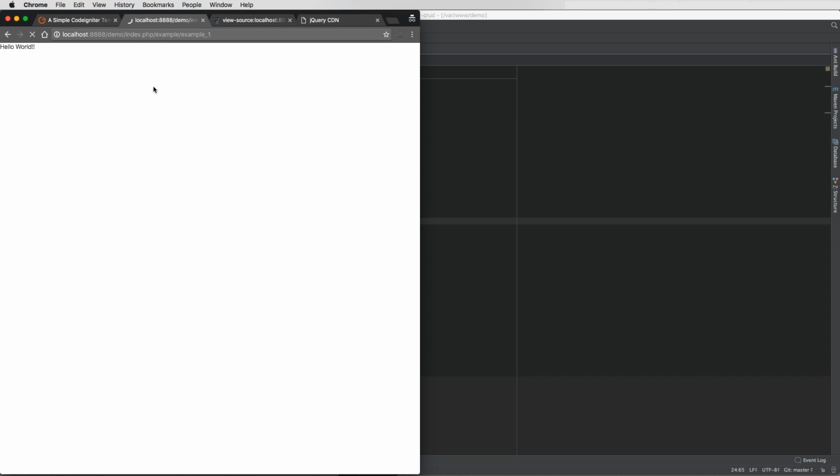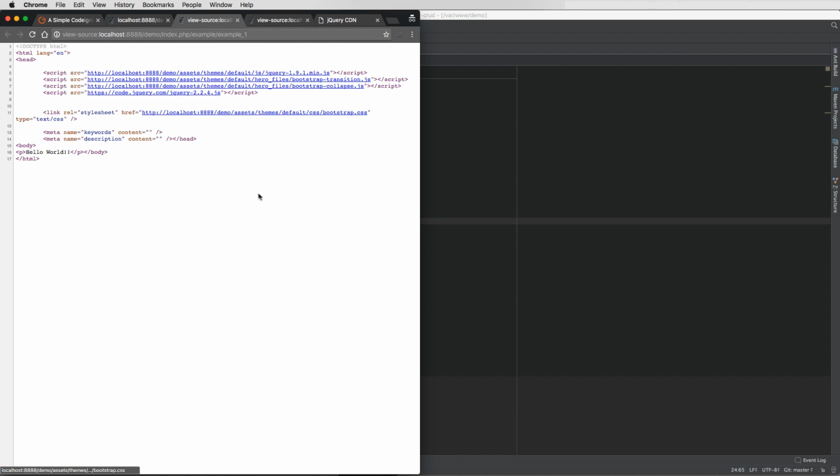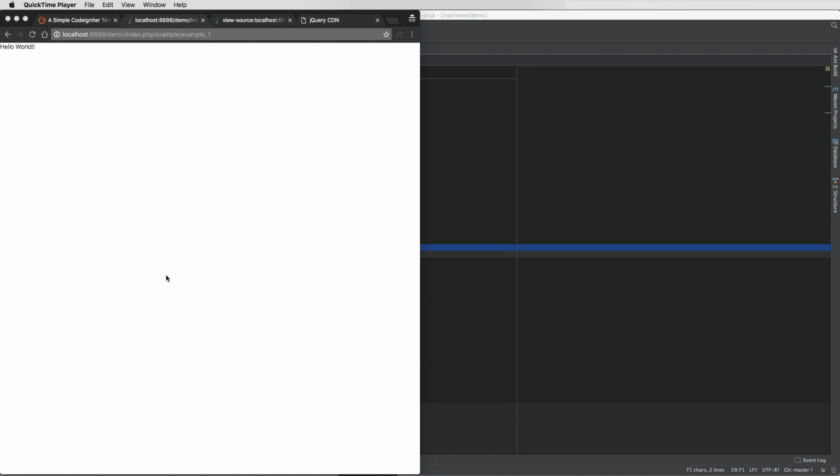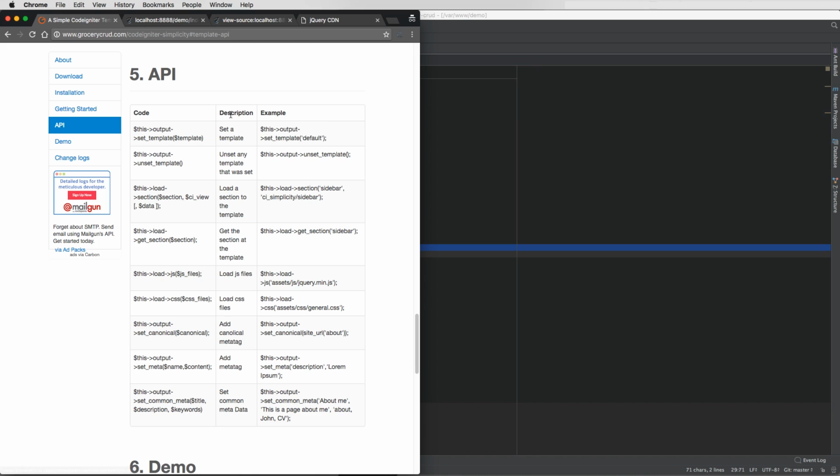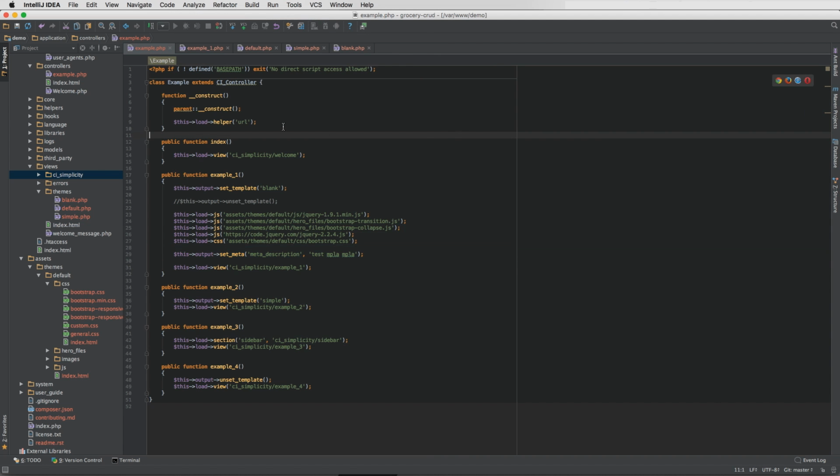And there you can actually see that we've also included this code. You can of course find all the functions at the website. So for example, you can see the output set template, unset template, that we can explain now how it works. So the unset template is simply